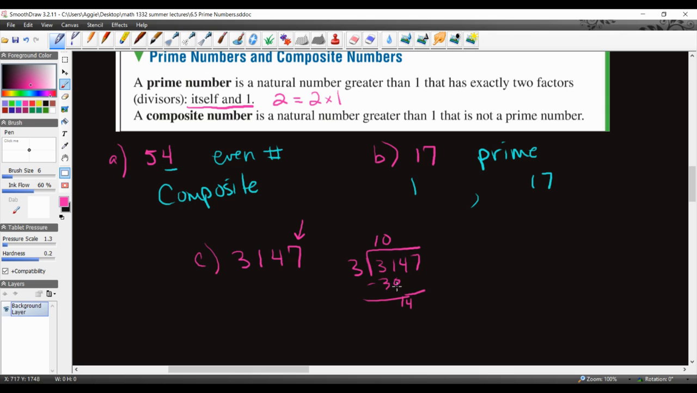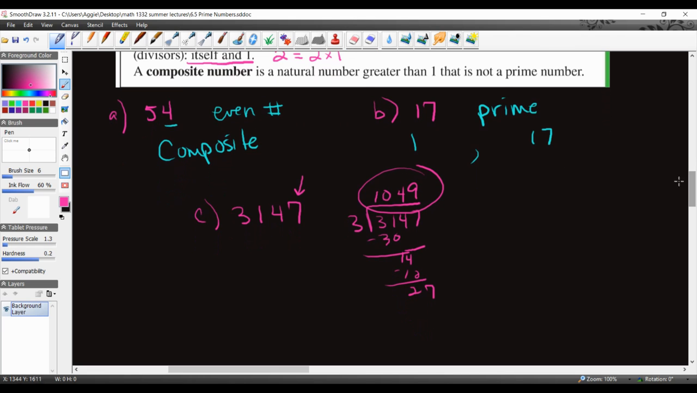So 14, 3 into 14 is 4. That's 12, 27. 3 goes into 27 9 times. Wow, I totally guessed at that. But it looks like 3 times 1049 is going to work, which means that this has more factors besides 1 and 3147, if that makes any sense, because these two guys are factors. So that means, or divisors, that this one is also going to be